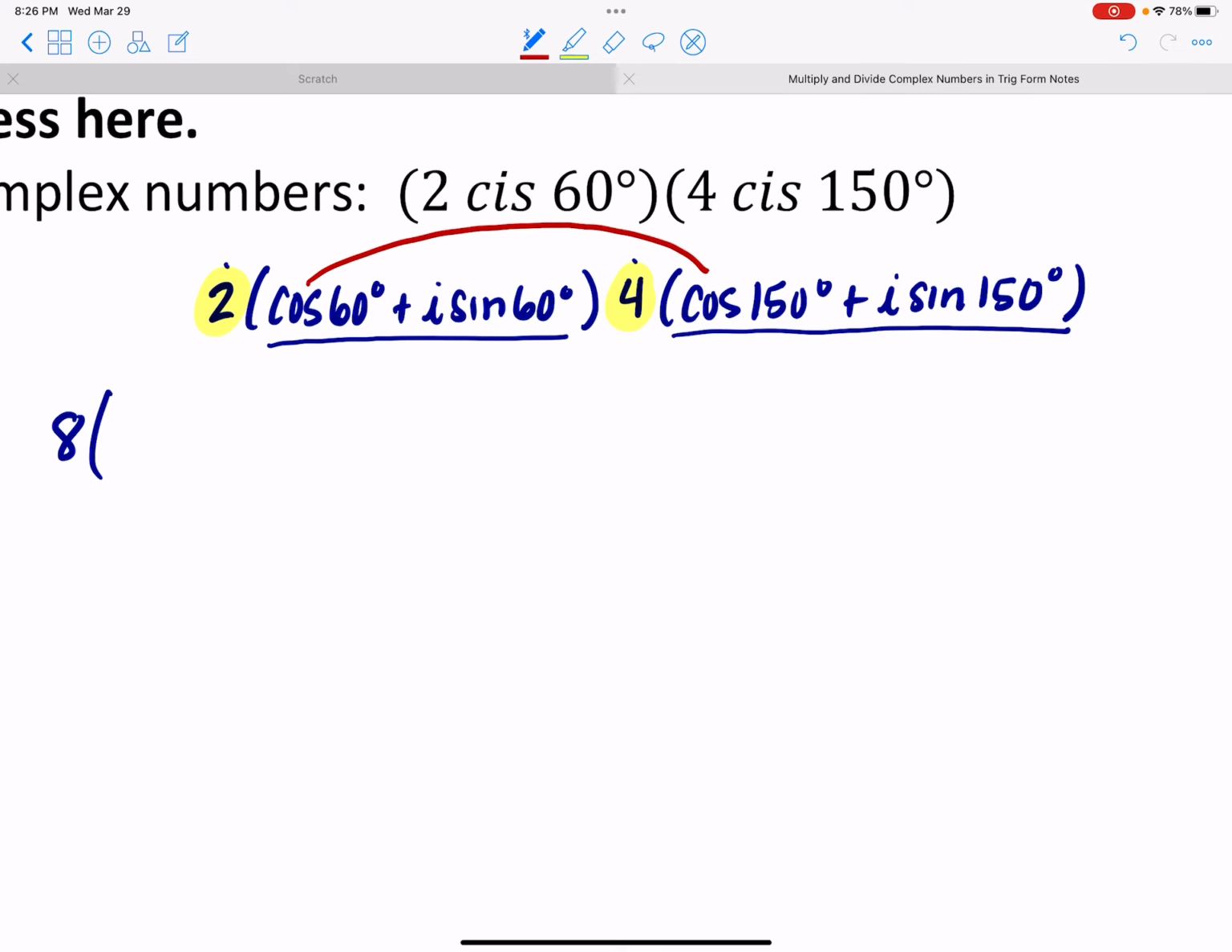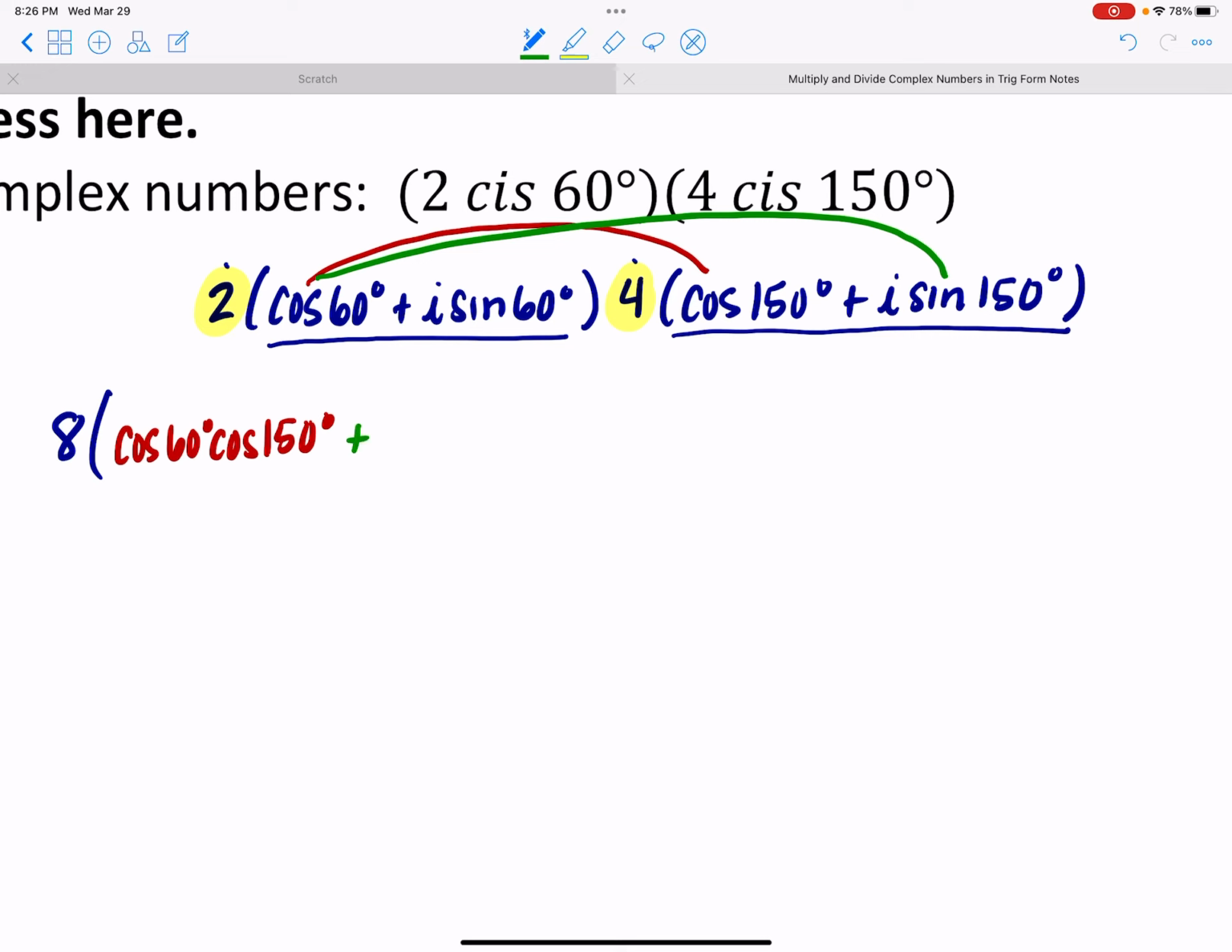I can't actually multiply the 60 and the 150, right? Those arguments are attached to the cosine. So cosine of 60 times cosine of 150 becomes cosine 60 cosine 150. And then we're going to multiply here. Cosine of 60 times I sine of 150 is going to be